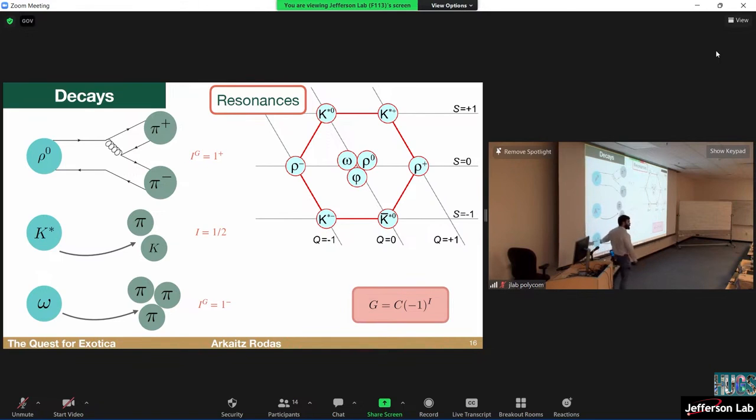Makes sense. But now about the omega. The omega is pure light, and in principle you could think that it also decays to pions, right? But the G parity of the omega is not plus like the rho, it's minus. So what does it mean? G parity is a multiplicative operator. So if you have 2 pions with G parity minus, then the total G parity of the system is plus. If you have 3 pions, then it's minus. So you see now it's so simple to see these kinds of decay channels from particles that have well-defined G parity. Because if it's a negative number, then there will be an odd number of pions in the final state. If it's positive G parity, there will be an even number of pions in the final state. So it's telling you where to look.